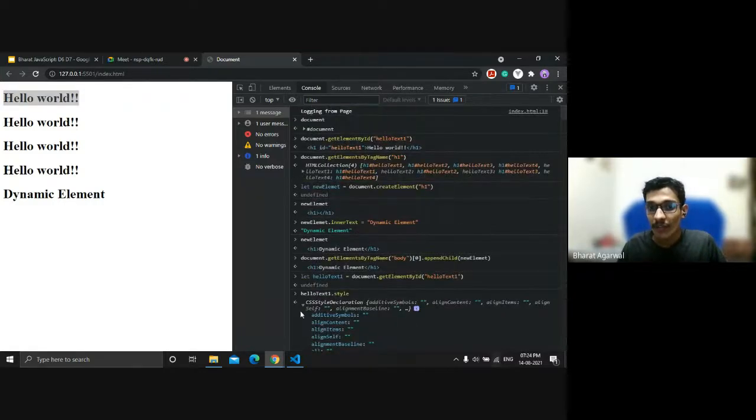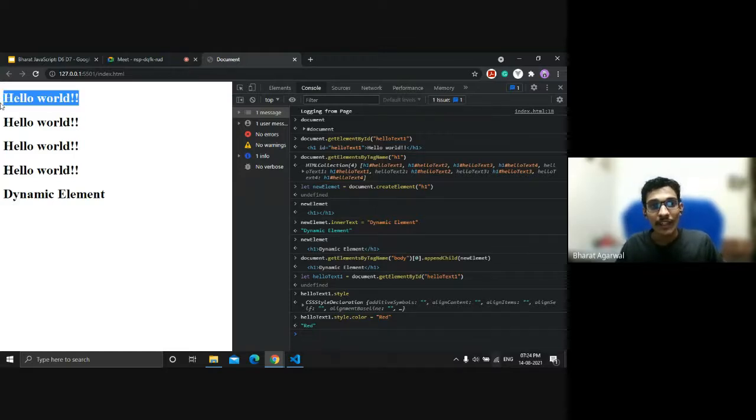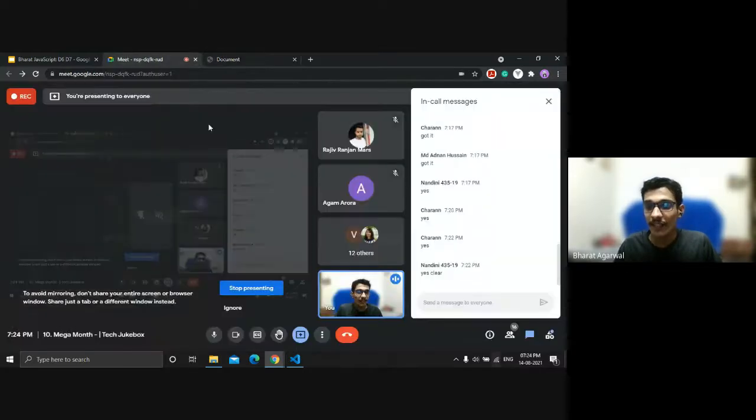So we have different types of methods, or you can say properties, to change the style. We can do many more things. We can set what should happen by clicking on this, and we can do many other things. We'll do that today as well. So I hope this is clear to you guys. If you get this, then we can move on to creating the to-do application. It might take a few minutes.